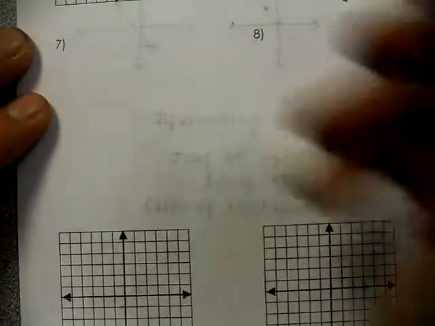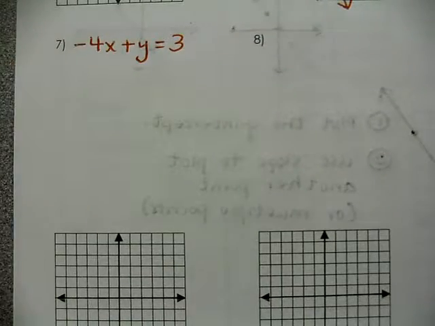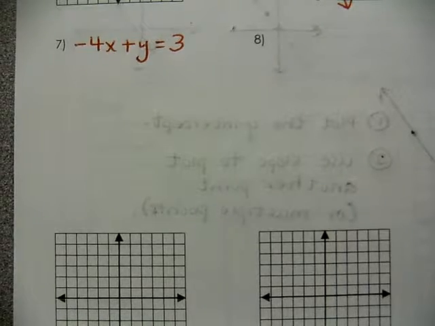All right, my next equation, number 7, is going to be negative 4x plus y equals 3. Go ahead and, with your partner, try and graph this equation and pause the video. Now that you've tried this, I want to